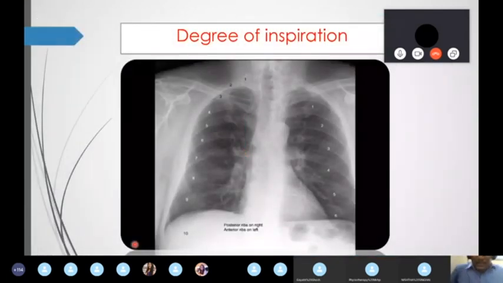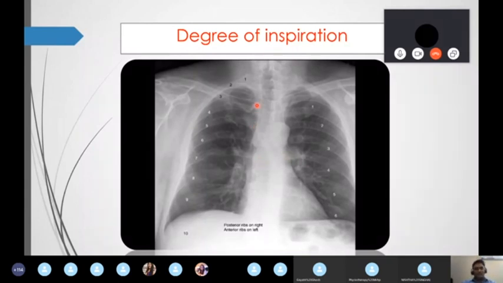The next important point is the inspiration checklist, whether the lungs are fully expanded or not. This is very, very important. Why? Because when you are working in a hospital, basically in post-operative conditions, as all of you know, the lungs look very, very small. So we generally think the lower lungs have collapsed. No, don't think about it. First of all, you should know whether the lung is fully expanded or not. You should have sound knowledge. How are you going to tell whether the lung is fully expanded or not?